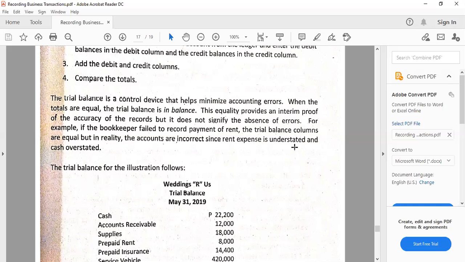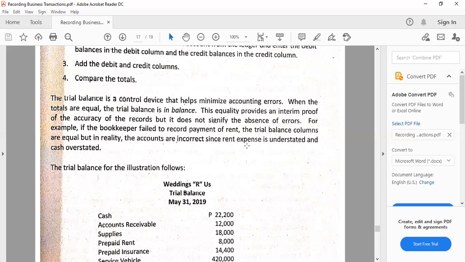And actually, allow me to mention that there are two types of errors that we can encounter in accounting, and these are the understatement and overstatement. If we say understatement, it means lacking, while overstatement is that the account title has more value than what it should be. So meaning it is like excessive, in other words. So I hope that explains understatement versus overstatement.